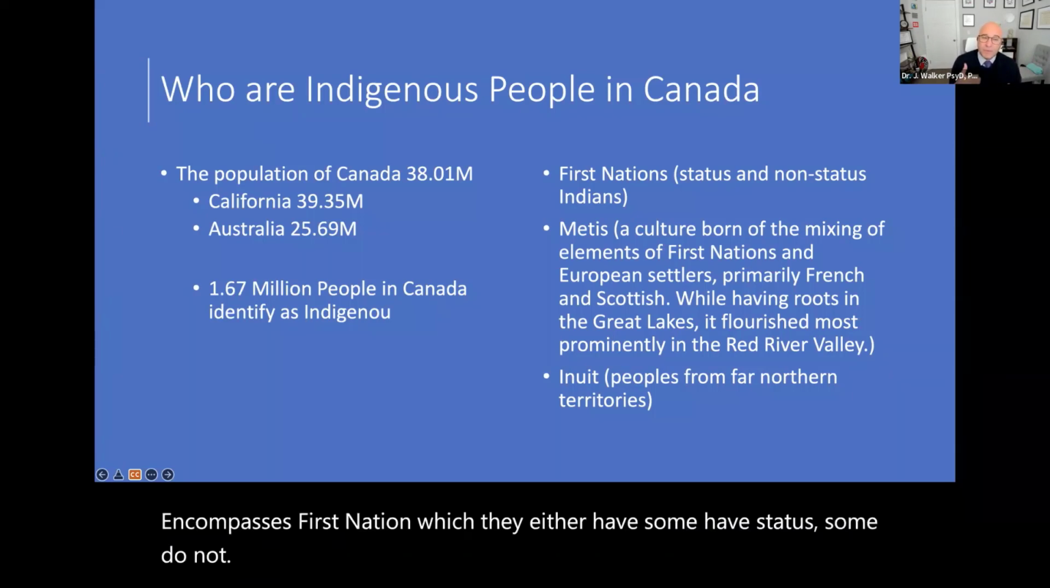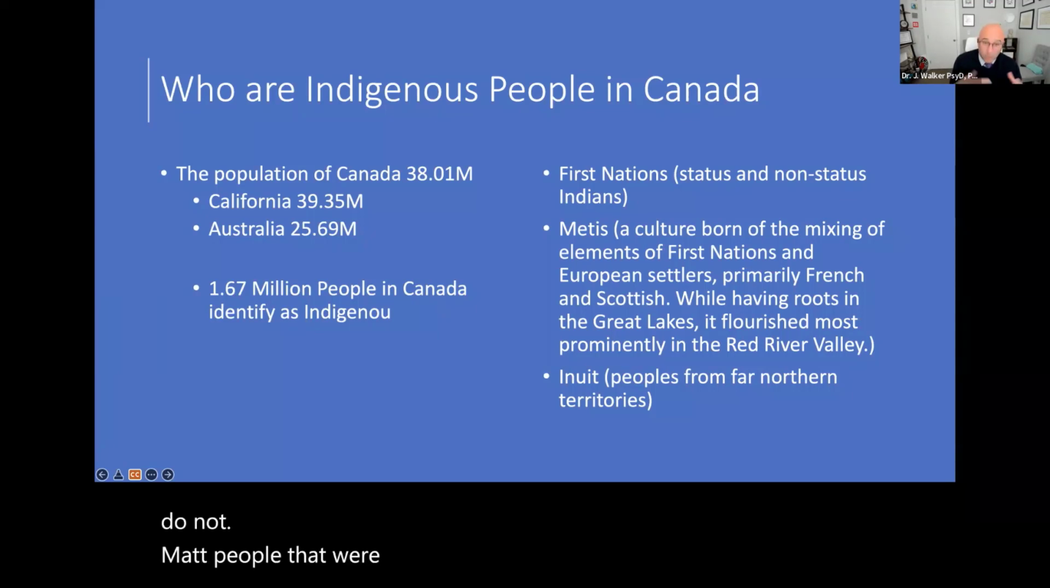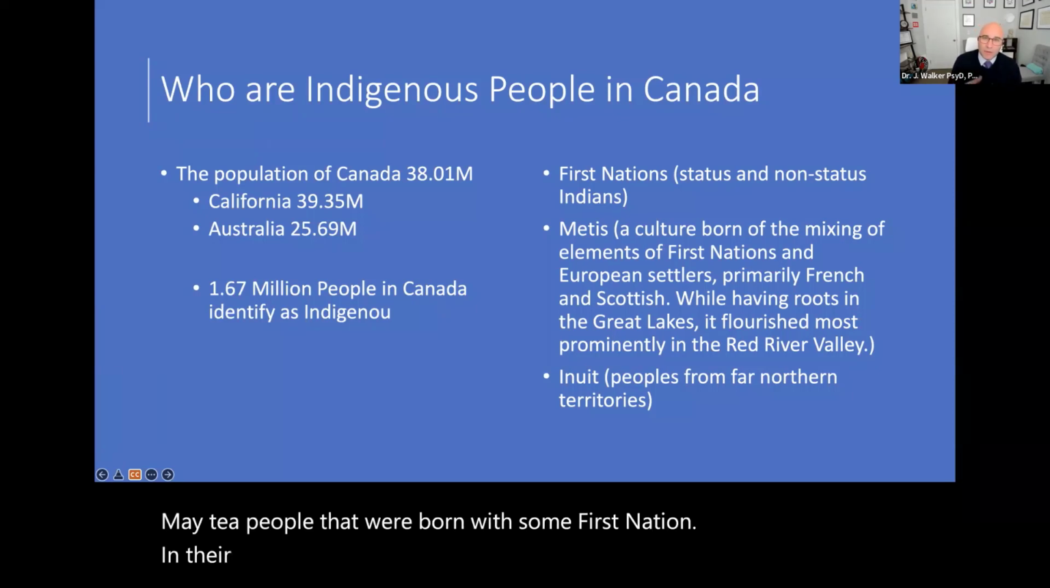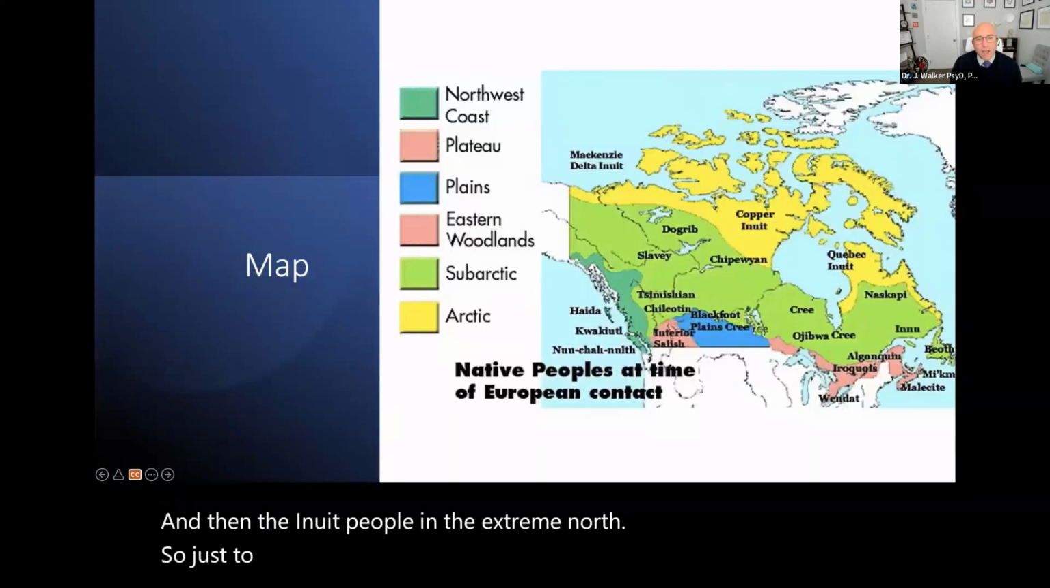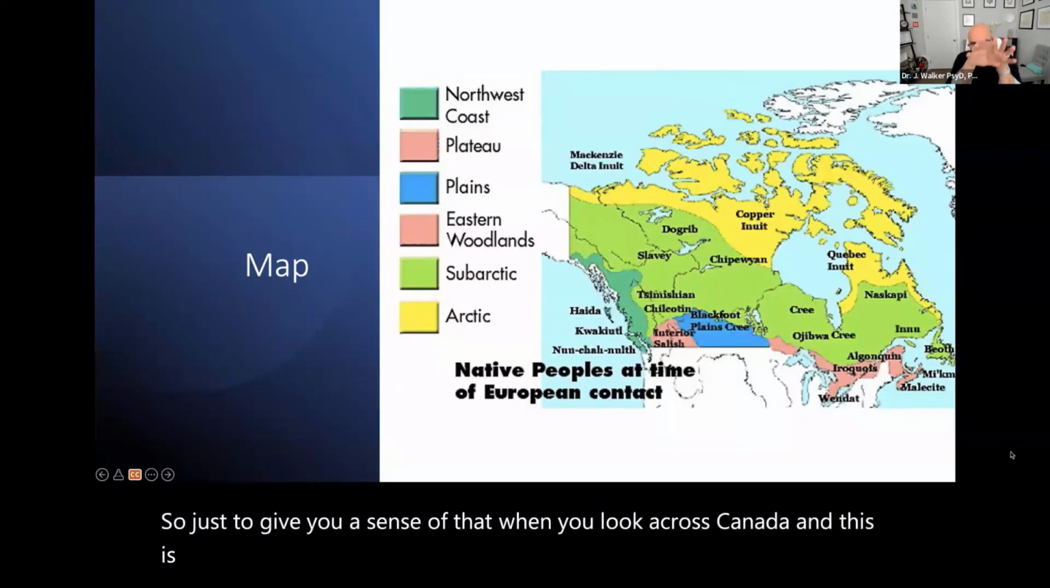Métis, people that were born with some First Nation in their makeup, primarily though coming from a more French geography. And then the Inuit people in the extreme north. So just to give you a sense of that, when you look across Canada, and this is actually the Coast Salish,